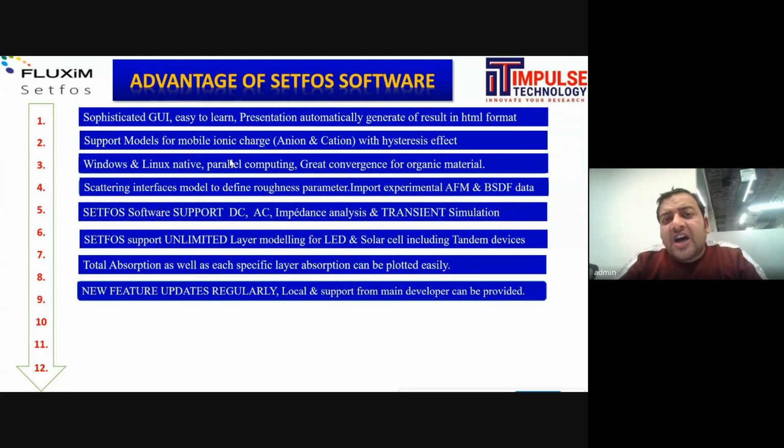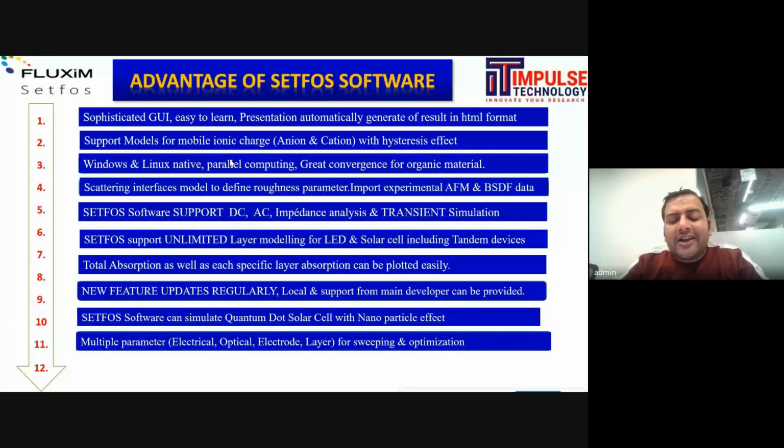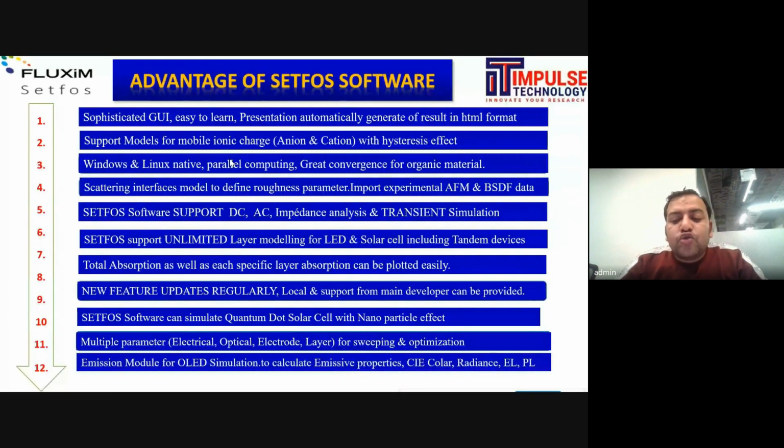Whatever new research is going on in the industry, the software is updated regularly, and within every 6 months or every year a major update comes. Technical support will also be provided so that you will not find any problem while using the tool. It will also help for quantum dot, nanoparticle, texturing, electrical, optical, layer, sweeping, optimization, and emission